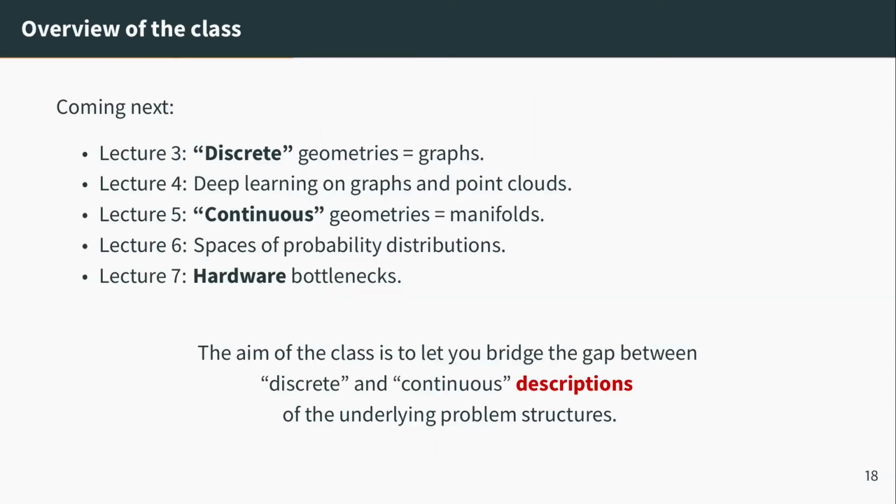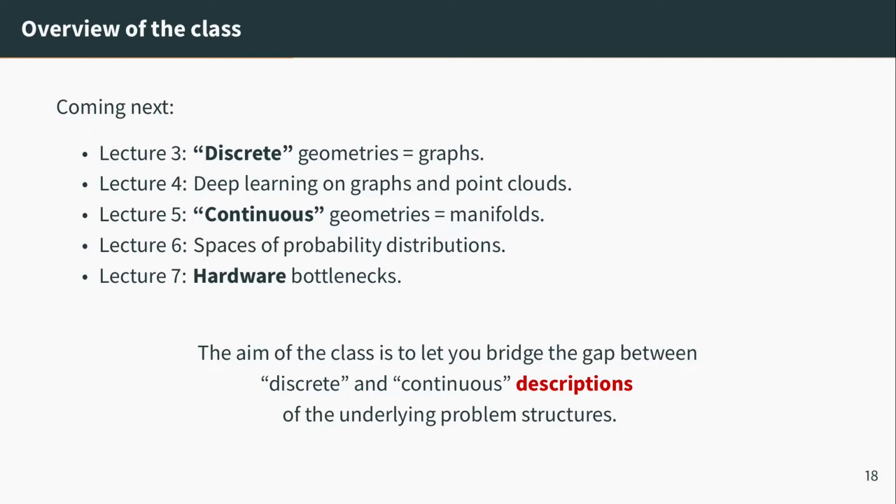When I first designed the class, I thought, as in every good mathematical lecture, I'm going to start with the continuous thing, because usually this was the way ideas were developed in mathematics in the 19th century. People started with continuous objects and then went on to study discrete objects. But I realized that this is completely counterintuitive. So I will first talk about discrete descriptions, so graphs. This is today. Then next week, we're going to talk about doing deep learning, advanced methods, on those graphs and point clouds, see how far we can go, and see that actually maybe it's interesting, but not as much as you hope.